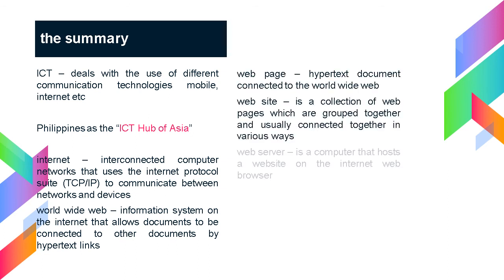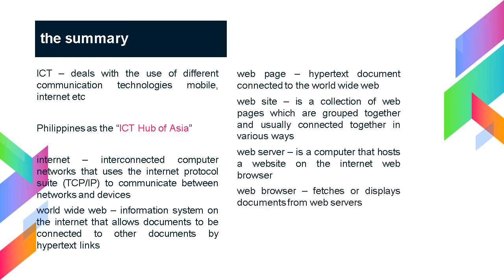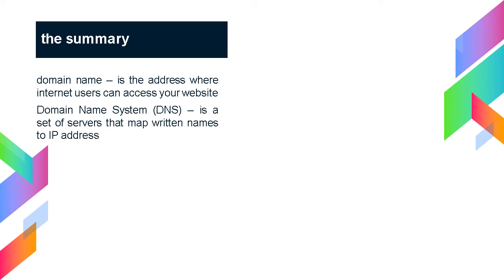Web page: a hypertext document connected to the World Wide Web. Website: a collection of web pages which are grouped together and usually connected together in various ways. Web server: a computer that hosts a website on the Internet. Web browser: it fetches or displays documents from web servers. Domain name: the address where Internet users can access the website. Domain Name System (DNS): a set of servers that map written names to